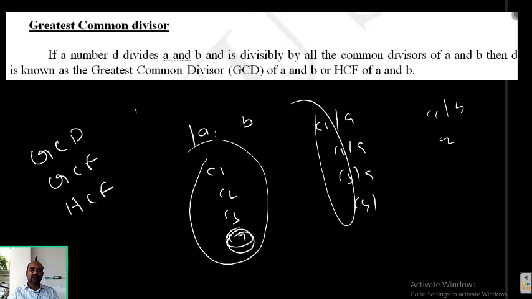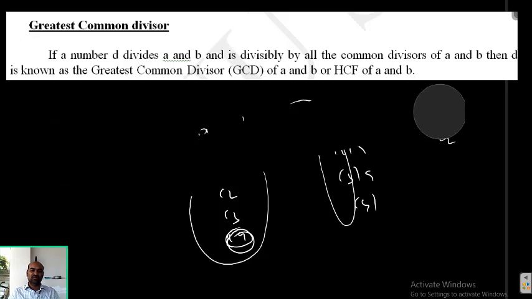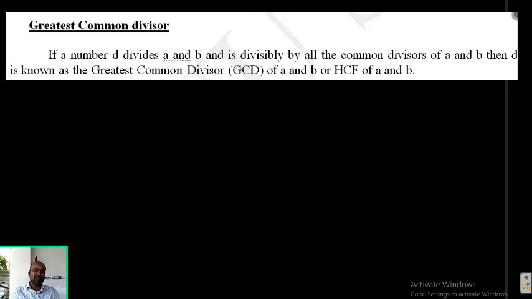So what is the meaning of that? If A and B are two numbers given, what is the greatest common factor of A and B? It means we want to find the common factors of A and B. Among those common factors, the highest one is taken as the greatest common factor of A and B, or GCD of A and B. For example, if A comma B has GCD as C4, symbolically I can write the ordered pair (A, B) equal to C4. That means the GCD of A and B is C4. I will explain through an example now.